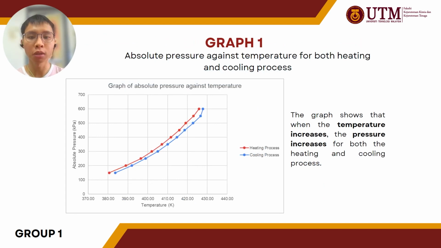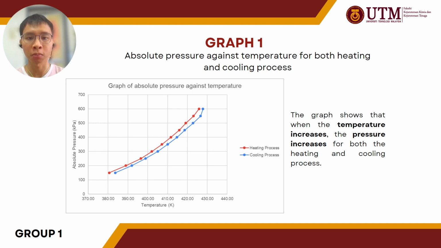After the units are converted, the graph of absolute pressure against temperature for both heating and cooling process are sketched in one graph. As you can see, the red line represents the heating process and the blue line represents the cooling process. From the graph, we can see that when the temperature increases, the pressure increases for both the heating